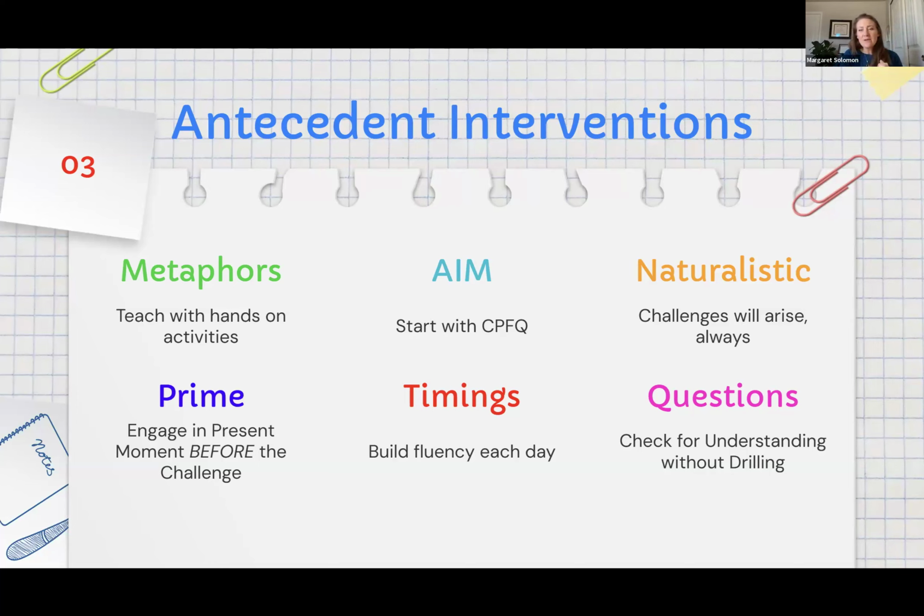And then we always like to do naturalistic stuff. So challenges are going to arise. So what can you do? My favorite is increasing the inner response time by engaging in some sort of present moment awareness exercise. For example, let's say that you have a student who is about to engage in a very non-preferred task. You might say, okay, before we go do,